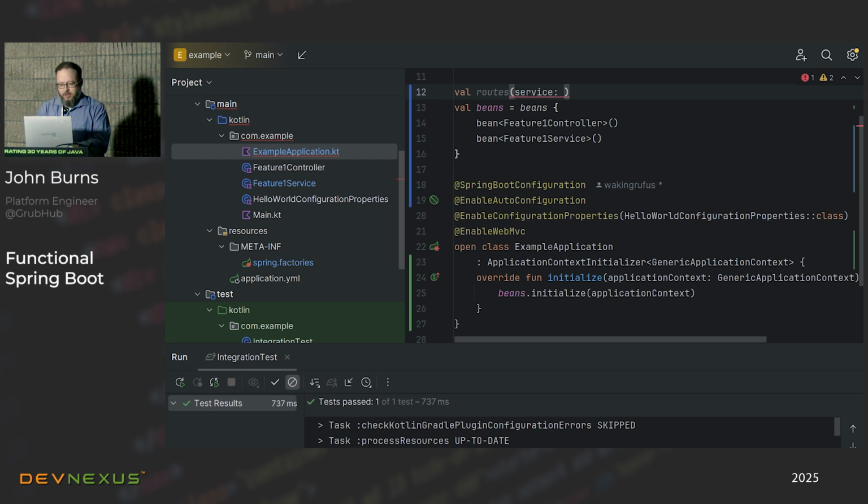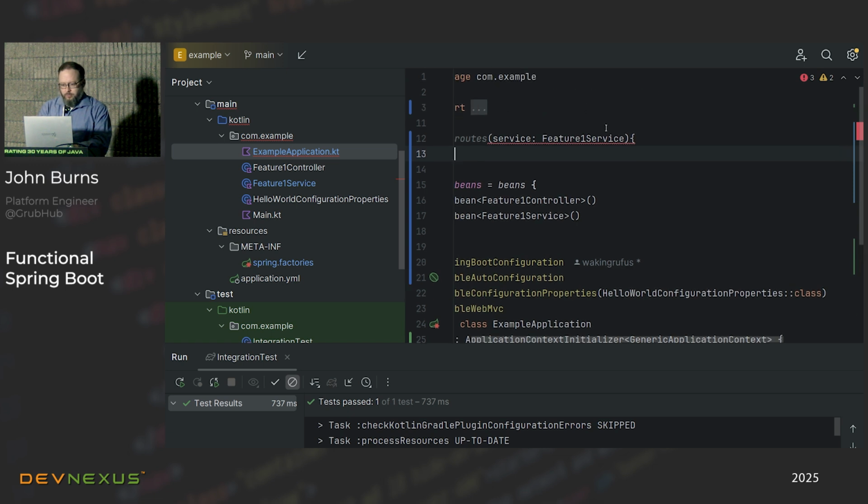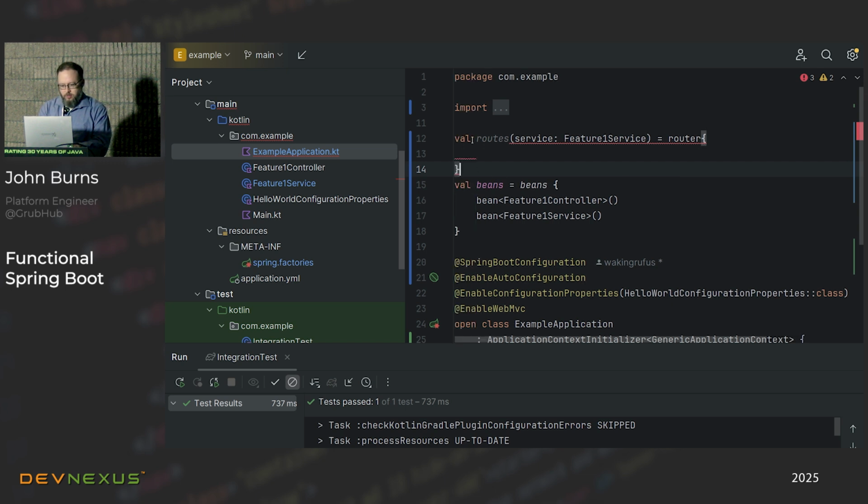So we'll inject that in here. And router. And wait, did that wrong. Okay, it's actually a function, not a val.